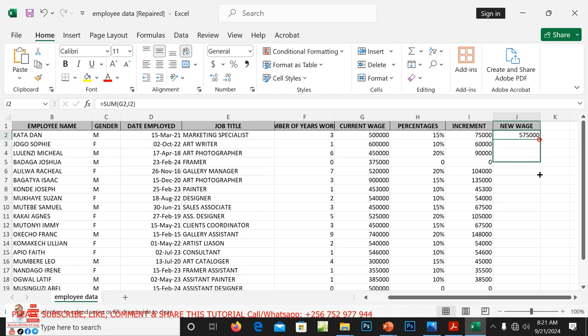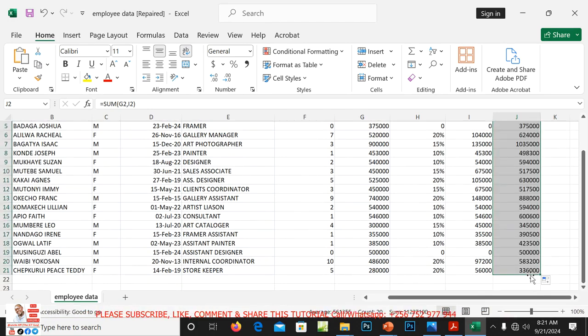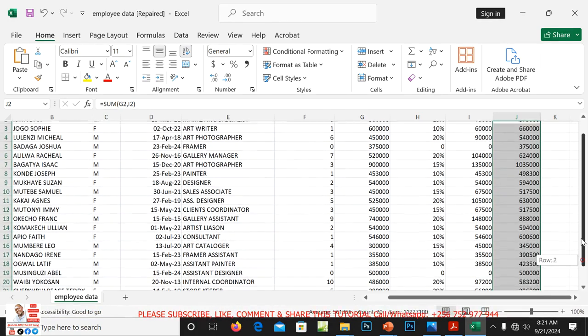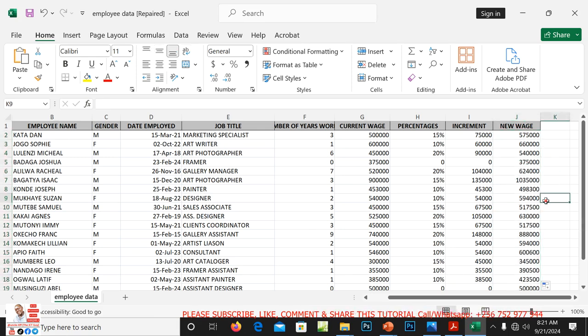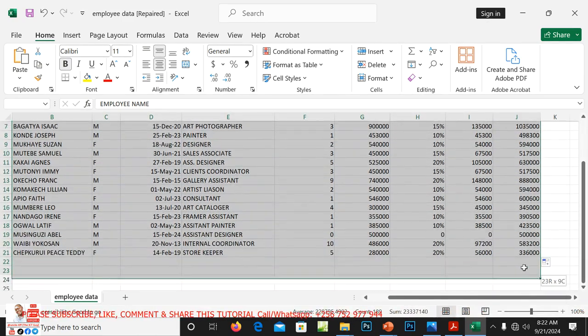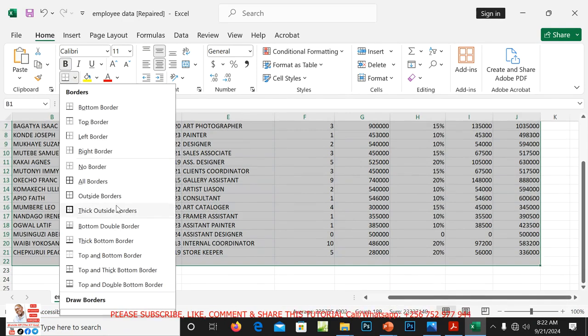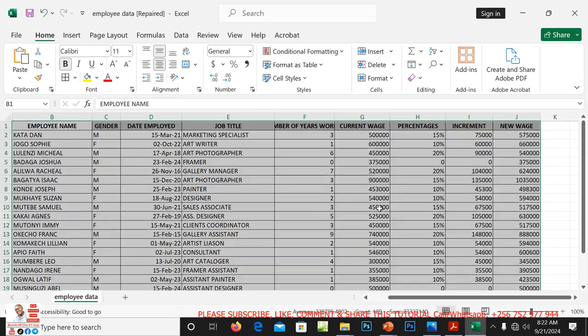So here are their new wages. Yes, there are their new wages. Simple. So we can make our work look good. We can have a border here. Can say all borders.